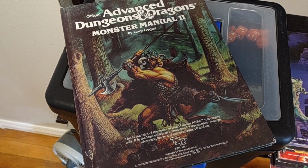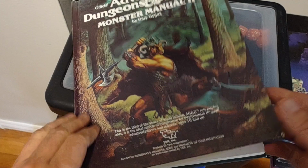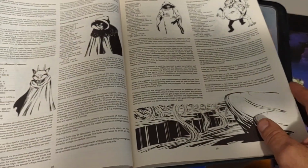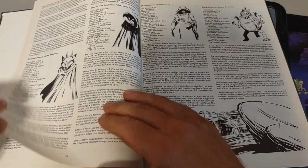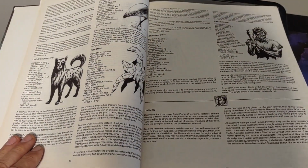So there's the Monster Manual 2. I'm not as enamored with it. At a certain point, it's just completionism. You want all the books because you want all the books, because that's what a collection makes. But